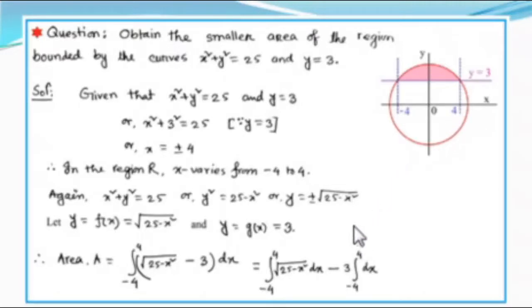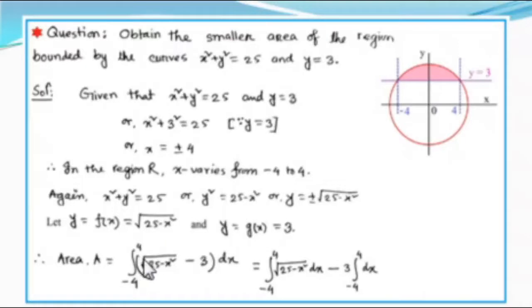Okay, now we need the graph, we need the equation of the function. ফাংশনের ইকুয়েশনটুকু বের করতে হলে সার্কেলের ইকুয়েশন থেকে ফাংশনটুকু আনতে হবে, যা কিছুক্ষণ আগেও নিয়ে এসেছিলাম। সো আমরা ফাংশনের ইকুয়েশনটুকু কনসিডার করলাম, দ্যাট ইজ y ইকুয়ালস টু f of x ইকুয়ালস টু square root of 25 minus x square, এবং দ্বিতীয় ফাংশনটুকু কনসিডার করলাম স্ট্রেট লাইন, দ্যাট ইজ y ইকুয়ালস টু 3 কে g of x দ্বারা ডিফাইন করলাম, আর y ইকুয়ালস টু square root of 25 minus x square কে f of x দ্বারা ডিফাইন করলাম।